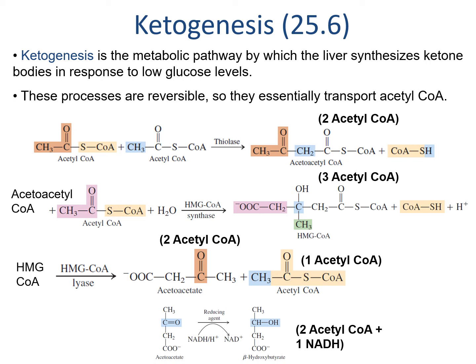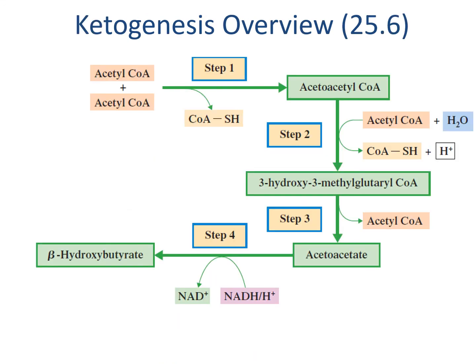Acetoacetate can also be reduced to beta-hydroxybutyrate after it's formed, which is another ketone body. Beta-hydroxybutyrate can be oxidized back to acetoacetate and form NADH, so it's essentially storing up energy from the NADH in addition to the 2 acetyl CoAs. It's essentially worth 22.5 ATPs, 20 from the 2 acetyl CoAs and 2.5 from the NADH. This slide doesn't show us the actual molecules, but it helps to get a general way to think about how the ketone bodies are formed, essentially storing the energy from two acetyl CoAs, and in the case of beta-hydroxybutyrate, also storing the energy of an NADH.